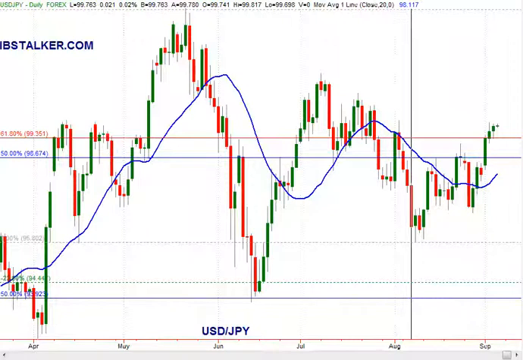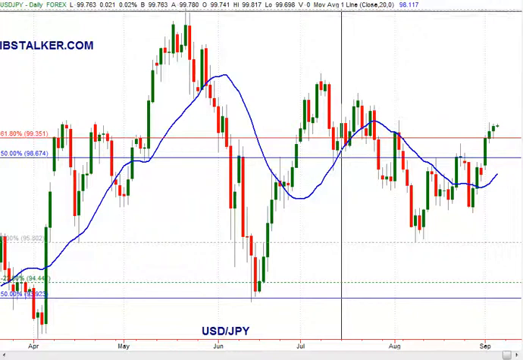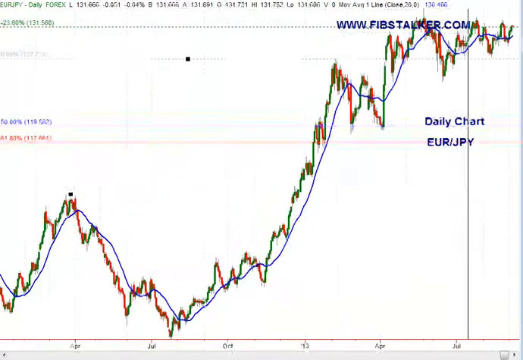So what we can expect at the moment is a continuation higher to previous highs here, which could stop this move, or even higher price here, and this will depend a lot on what happens to the dollar as well. Moving to the euro